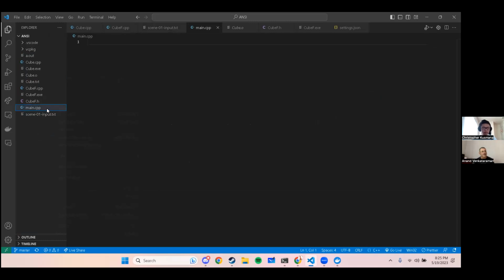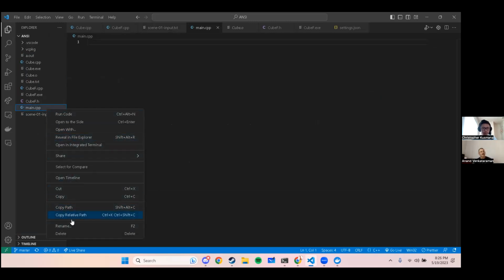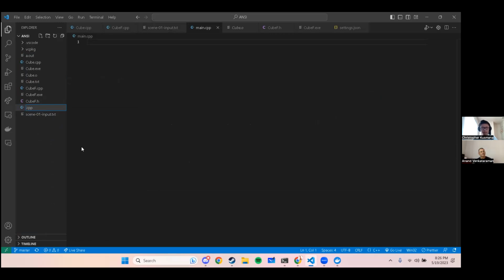No, don't call it main.cpp. Oh, you don't have another main? Do you have another main here in this directory? Oh, you have a cube and all. Yeah, so you need to call this something else. Let's say,